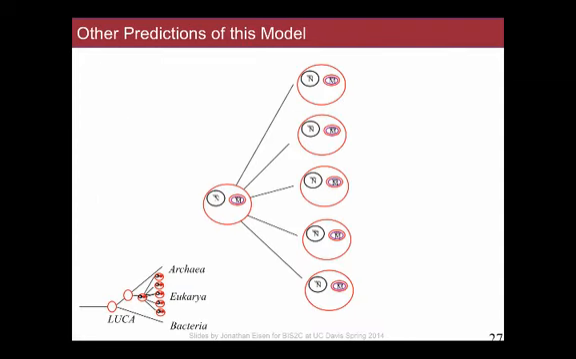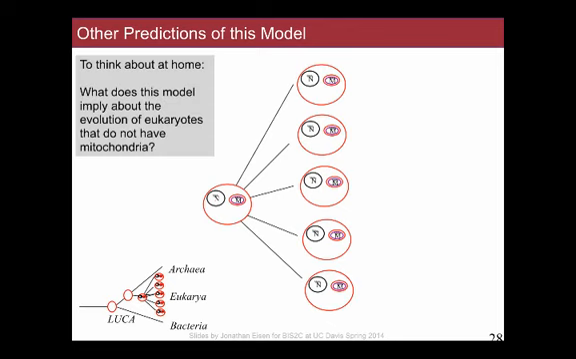There are many other implications of this model of mitochondrial evolution happening at the beginning of eukaryotic evolution. I'm not going to talk about them in detail now, but you should think about them, maybe for a test. So what does this model imply about the evolution of eukaryotes that do not have mitochondria? That's a question to think about that might show up on some exam in the near future or something related